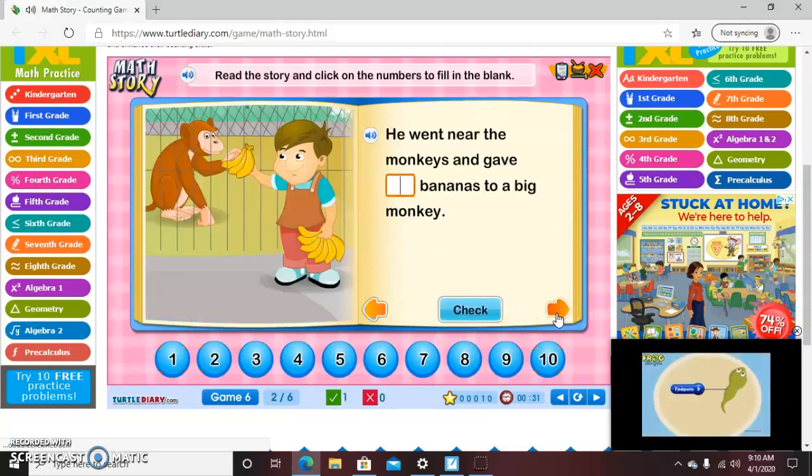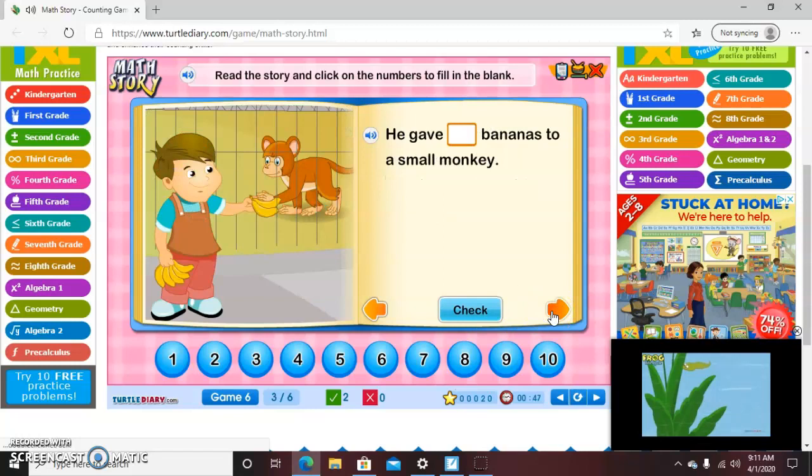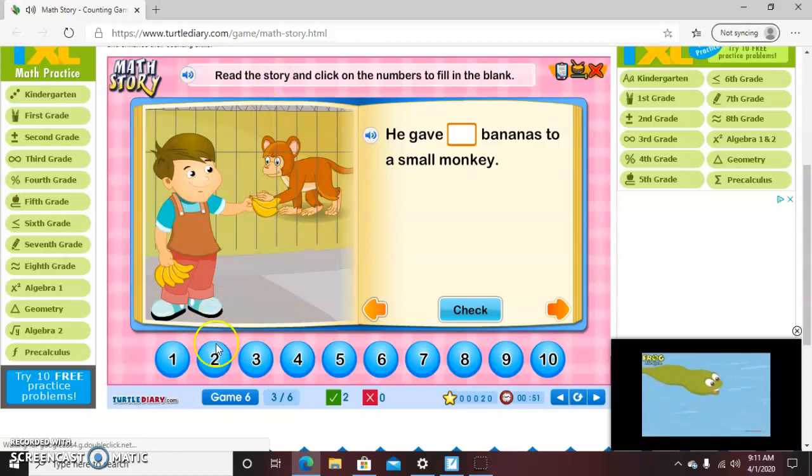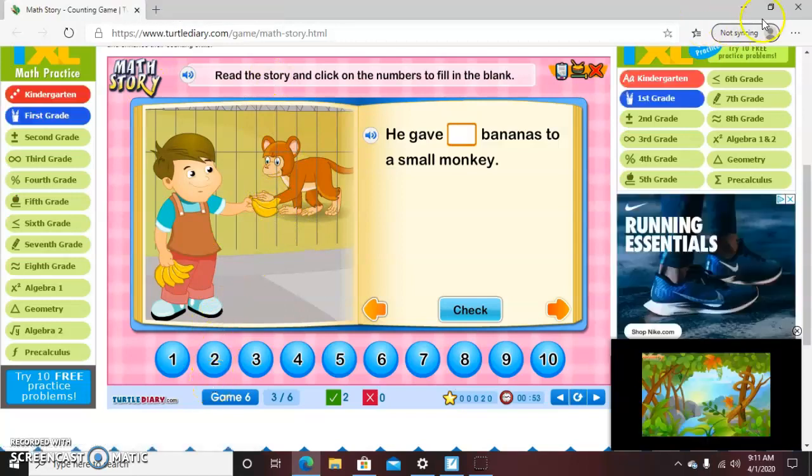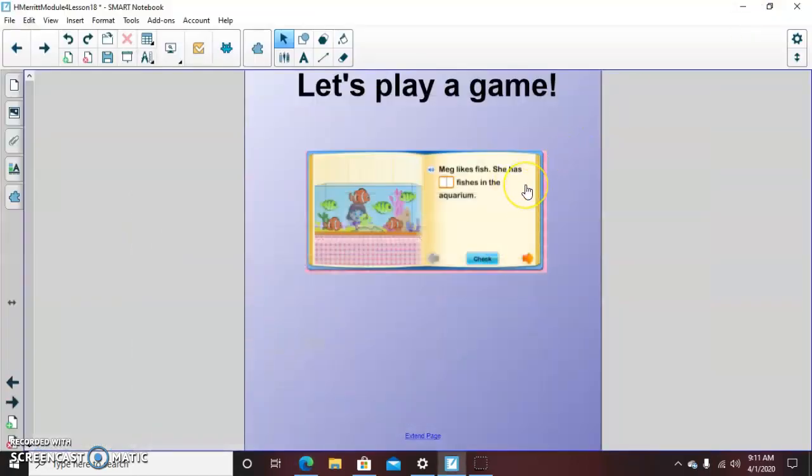He went near the monkeys and gave bananas to a big monkey. You figure out how many he gave to the monkey. So it looks like 1, 2, 3. Fantastic! He gave bananas to a small monkey. 1, 2. And you just go ahead and listen to the story the whole time,